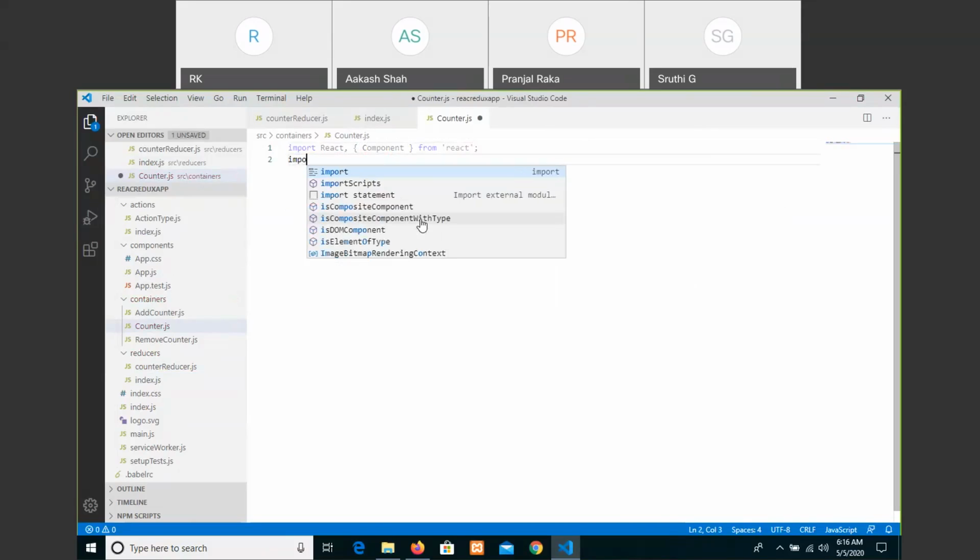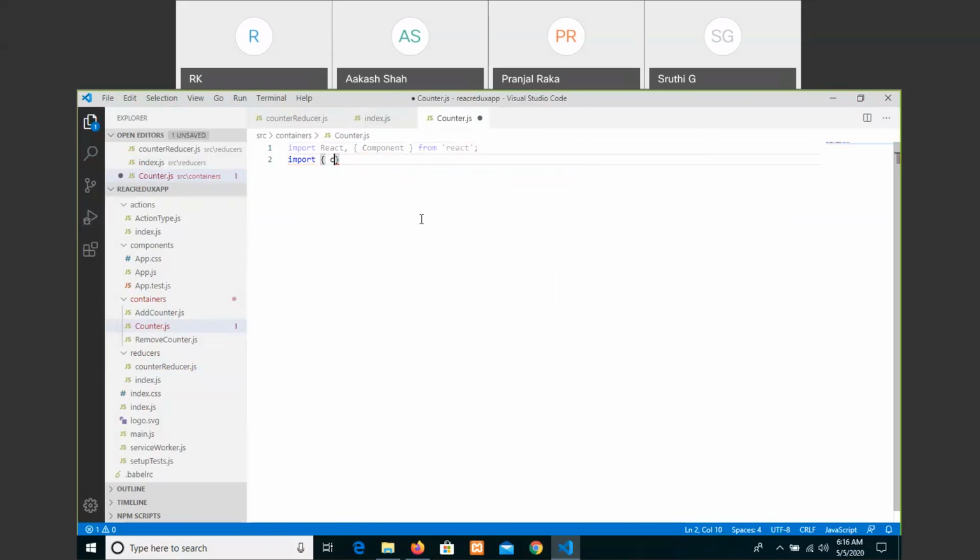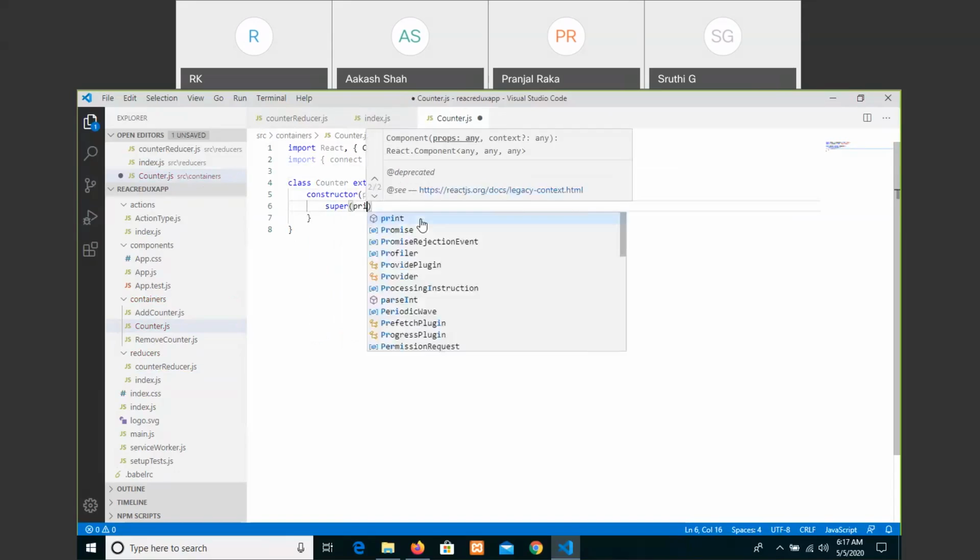Then import connect from React Redux. Then write a class Counter extends Component, a constructor which is passing arguments to Component, and you are making it into props.